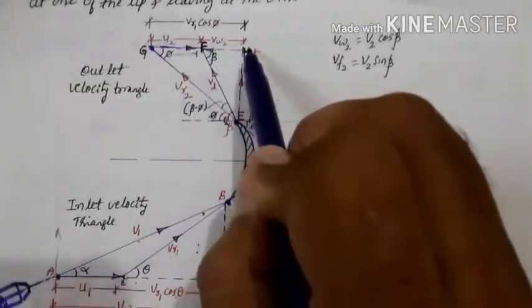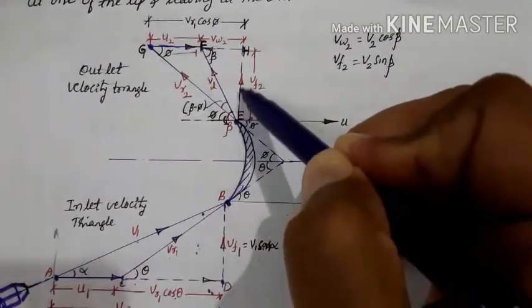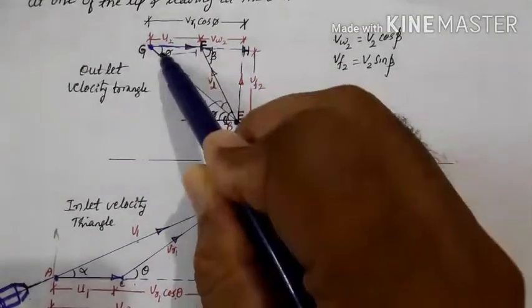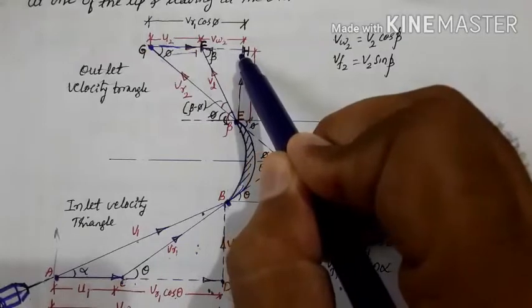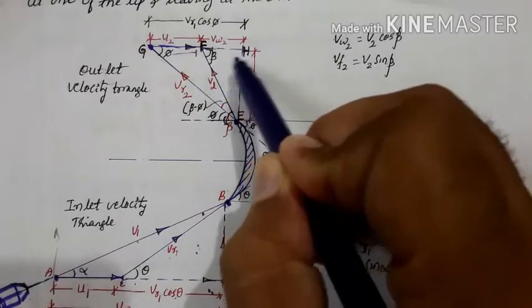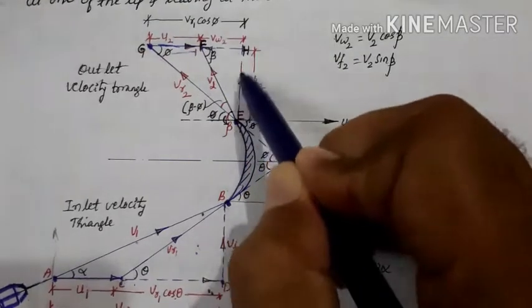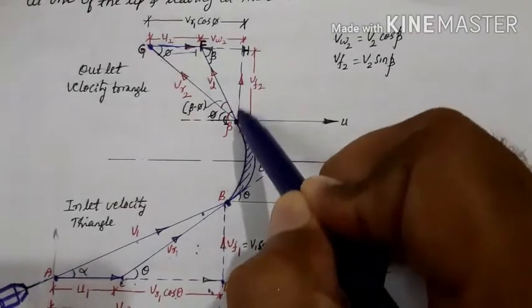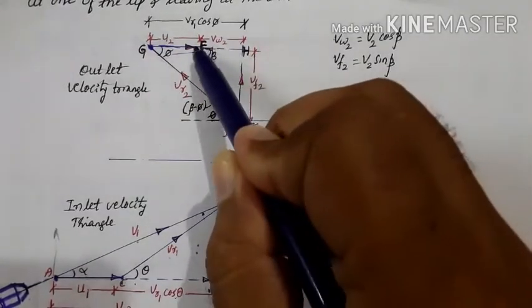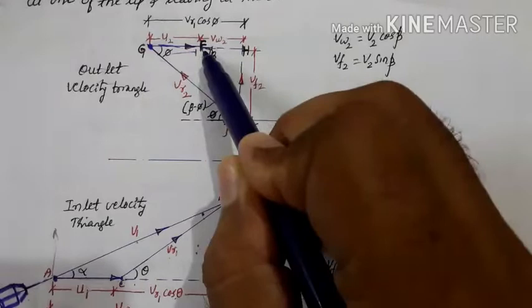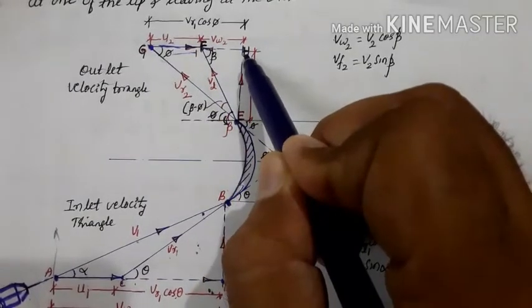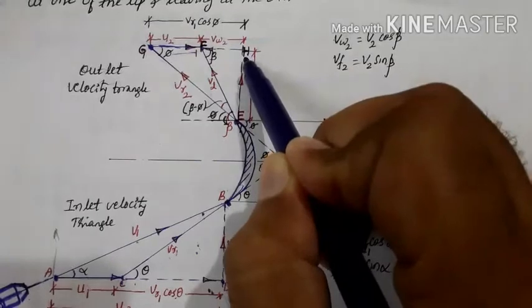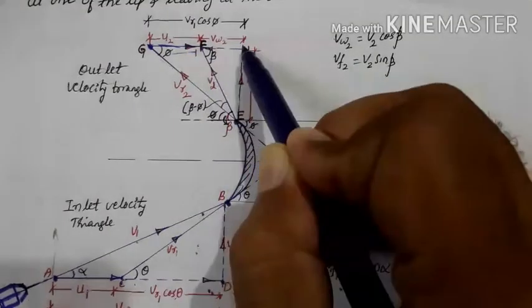Extend the line GF, and the perpendicular from E meets it, produced at H. Then EH and FH